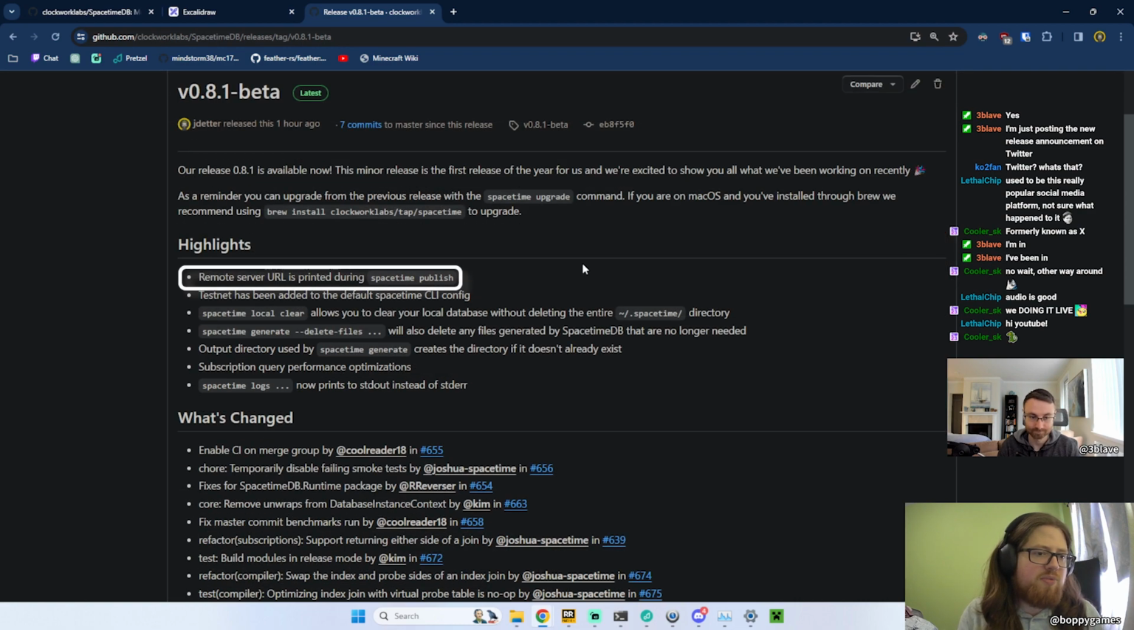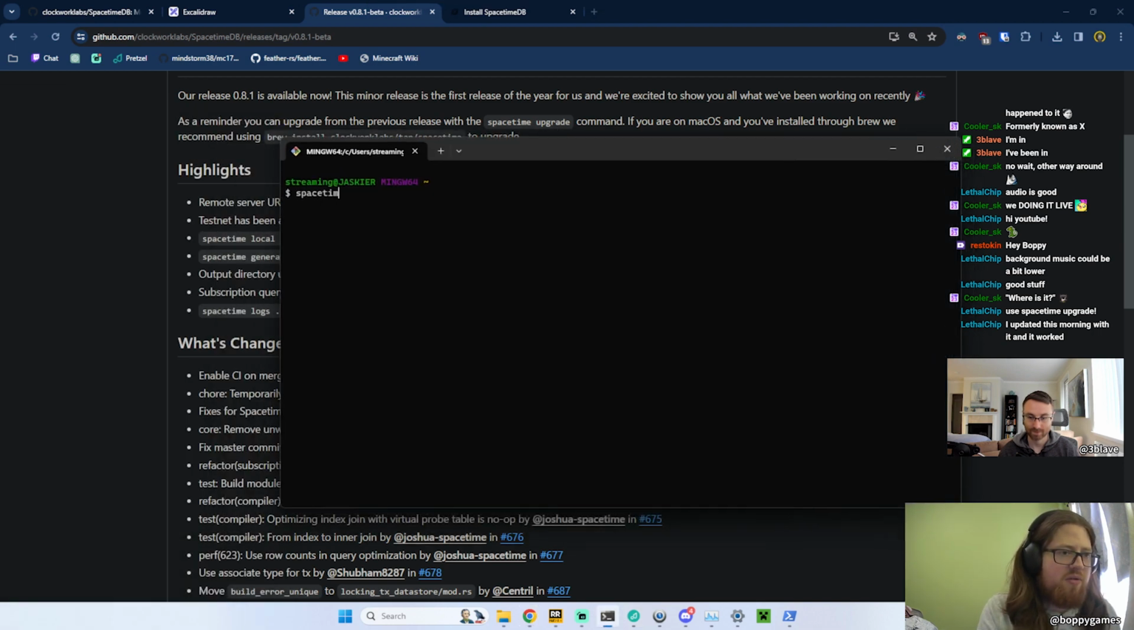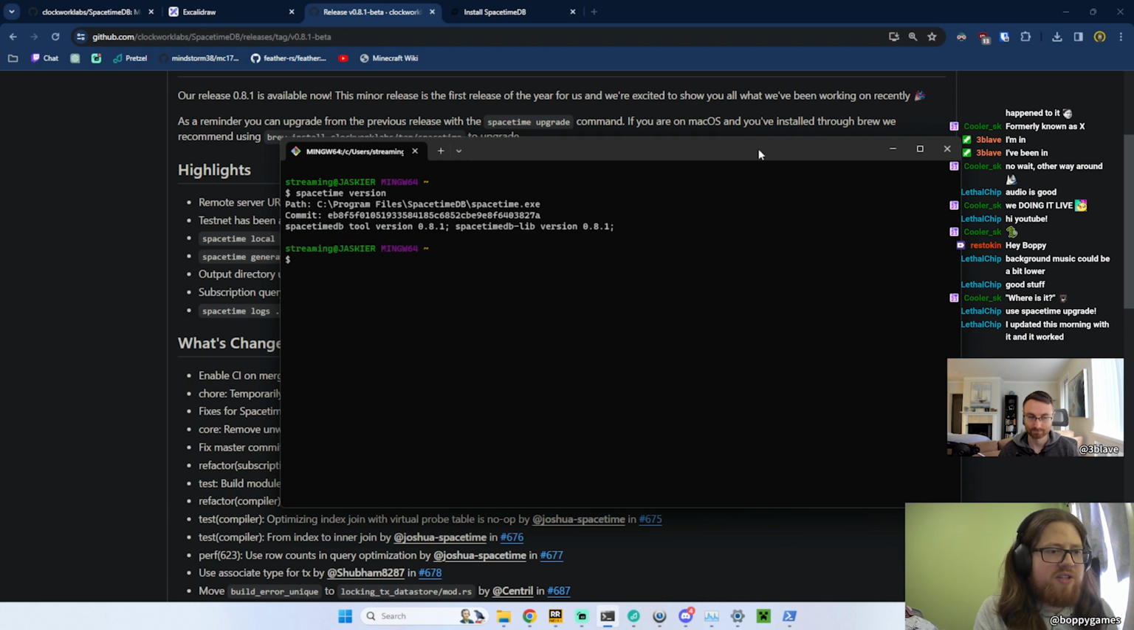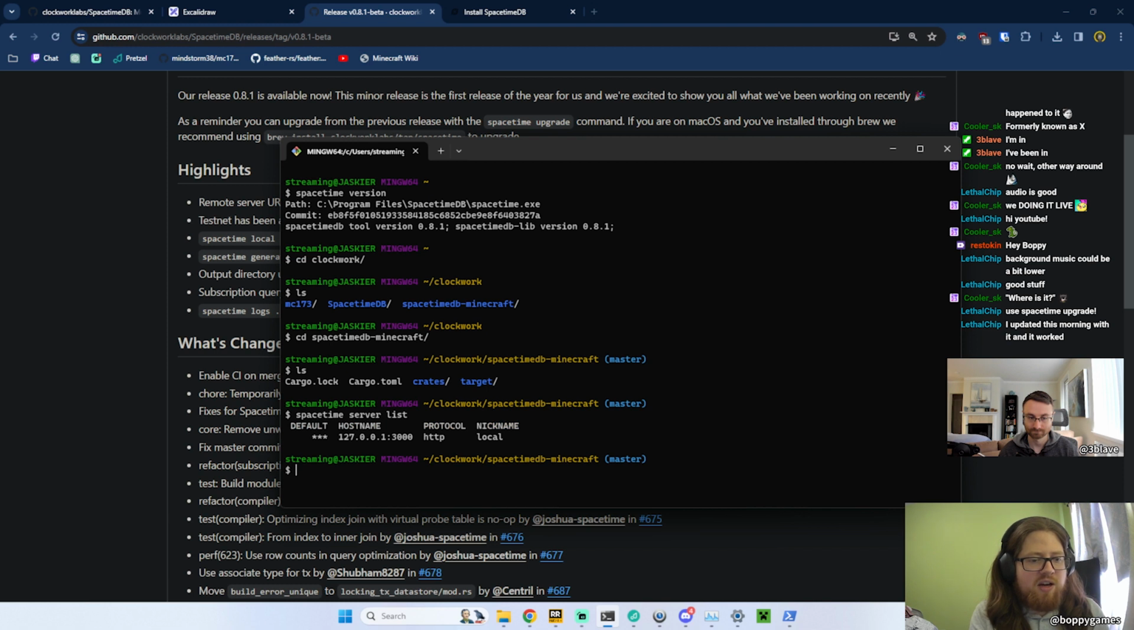Remote server URL is printed when doing spacetime publish. This is a really cool update. This is super helpful because before in the past, it hasn't really been clear, right, when you're doing publish, where exactly your module is going to. So we've been working on this SpacetimeDB Minecraft module on stream. If I actually take this and I do spacetime server list, I can see I actually only have one server added here, so I can do spacetime server add